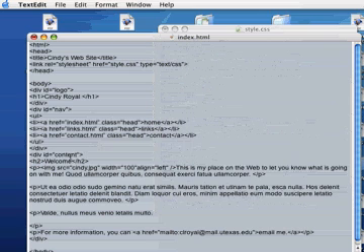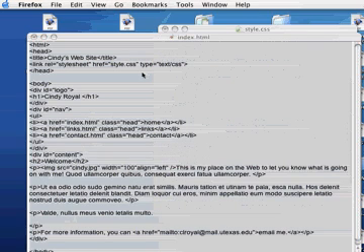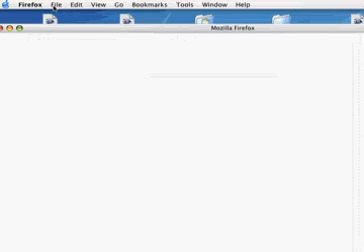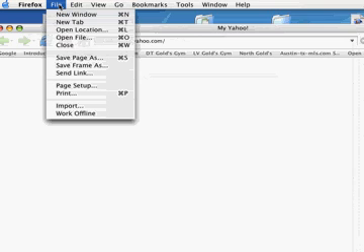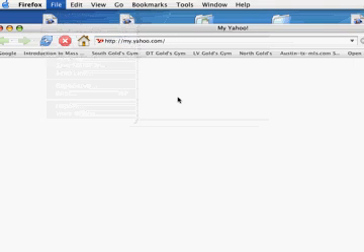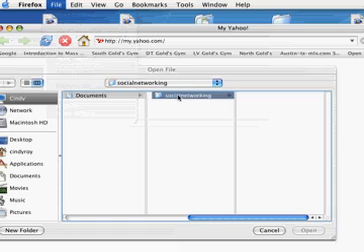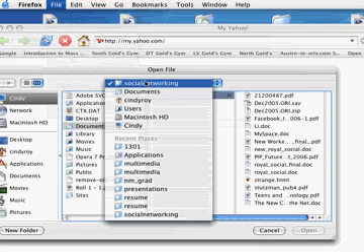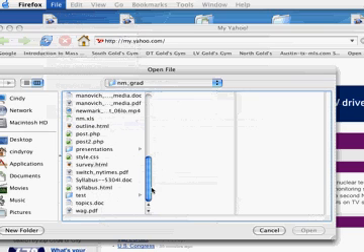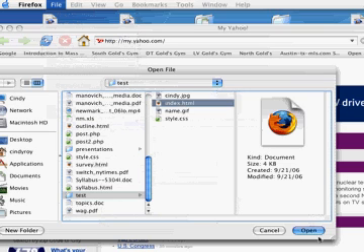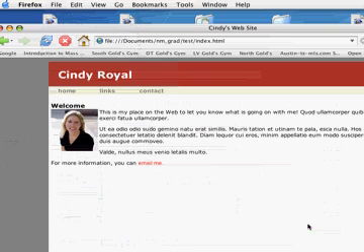So if we open up a browser and we now look at this file, and I'll look for it in the correct folder that I have the files located, index.html. We can see the application of the style sheet that includes the logo, the nav, and the content, and all